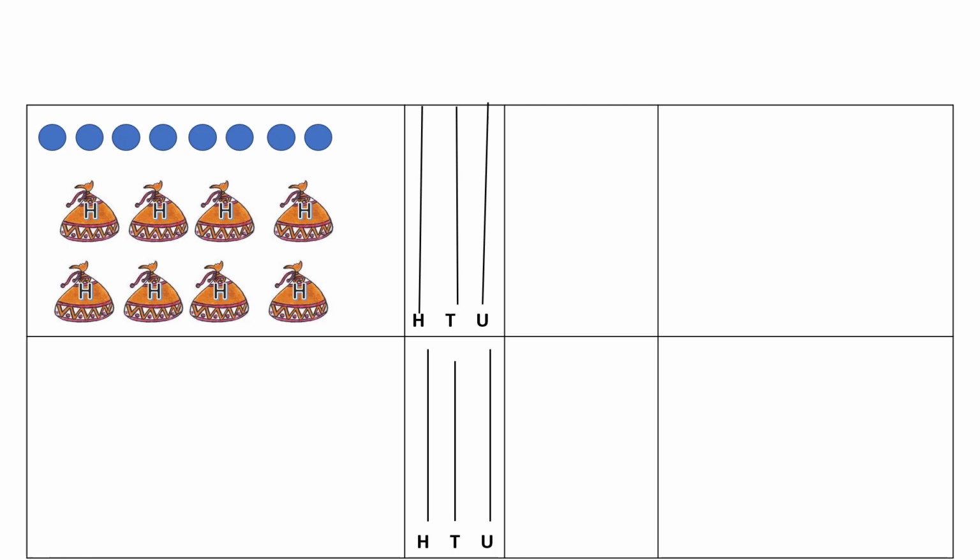We string 800 in the hundreds wire, 1, 2, 3, 4, 5, 6, 7, 8, and we string units in the units wire, 1, 2, 3, 4, 5, 6, 7, 8.